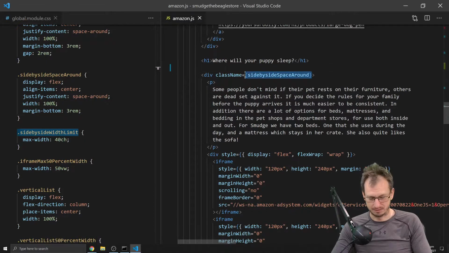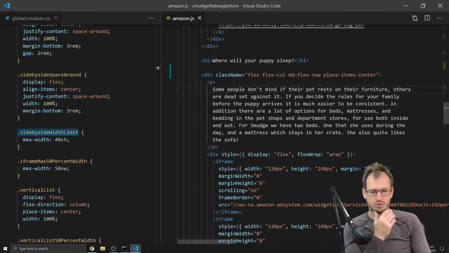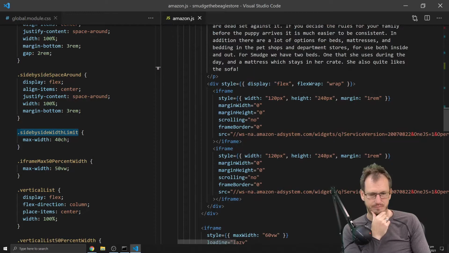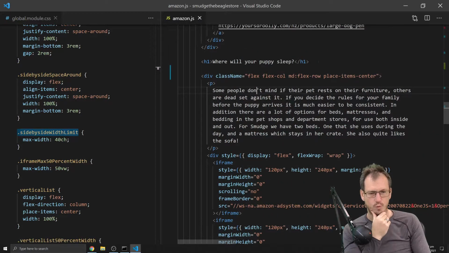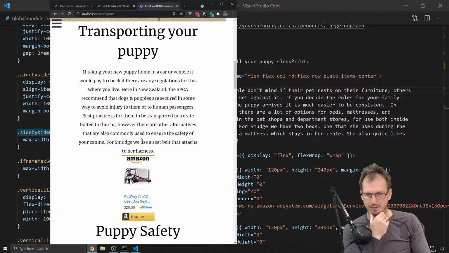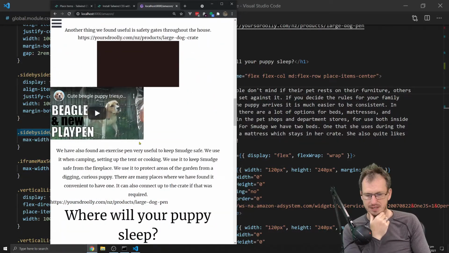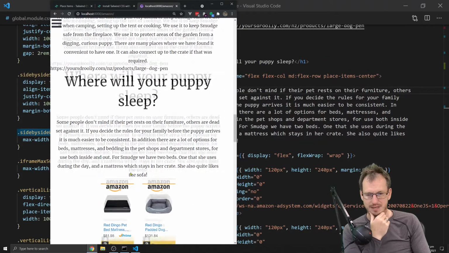We'll sort those out. All right, so this should give us some good functionality for where will your puppy sleep. Puppy safety, where will your puppy sleep? All right, so